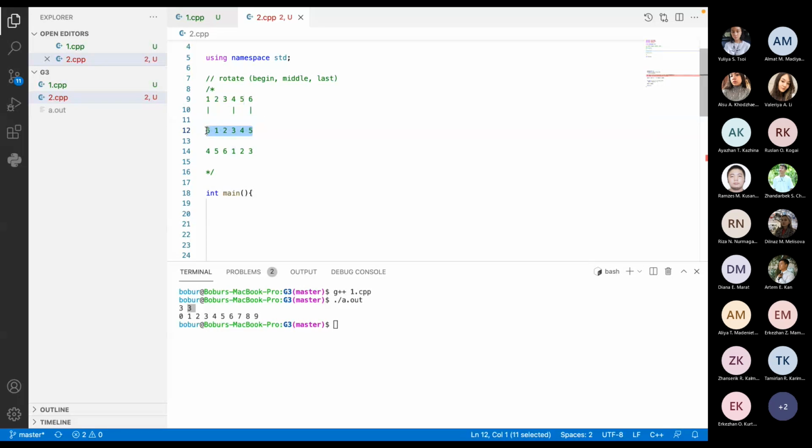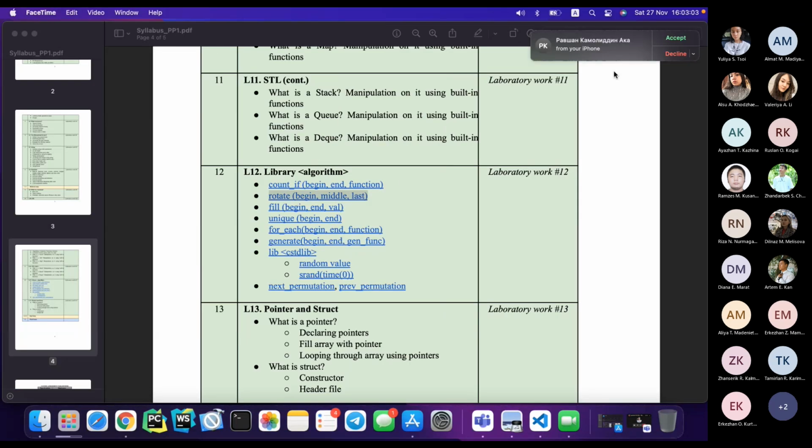This one is 1 time we rotated our list to the right side, which means the last element becomes the first element. All the elements starting from the first one shift to the right side by one position. If you are rotating this list 2 times, in that case 5 becomes here and 5 goes from the last. Again and again you can rotate it to the right side. So what does this rotate function do? It should,